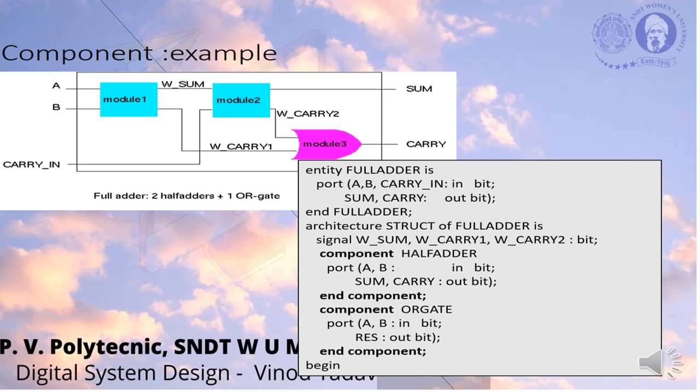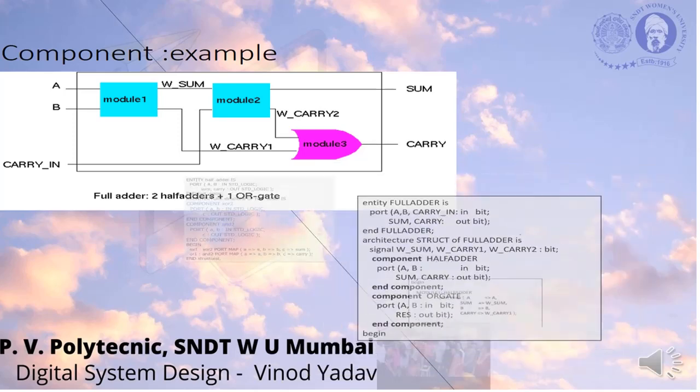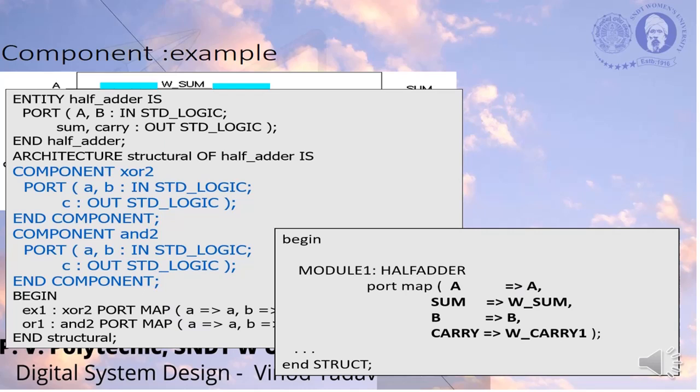Then we call the first component. We are calling the component half adder, which we have defined recently, with ports A, B, in bit, carry, and this is the port map, end component. Then we call a component OR gate, with ports A, B, in bit, and this is the way we get a signal. Here you can see this entity half adder with ports A, B. We have defined the component like this. So begin. This is the way execution will happen. So going into the half adder, these two things will be executed.